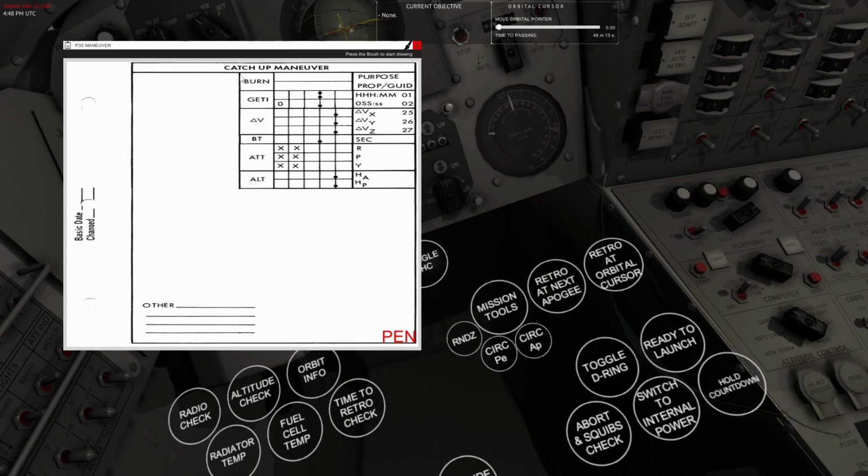And on this pad, we're going to take our orbital information and just write in here what kind of burn it is, you know, a PE, circular burn, and write circularization really is the purpose. And then we're going to write in the estimated time of initiating the burn, hours, minutes, and all that, and the delta V. All that can be written on this pad, which is kind of fun, kind of nice. But all that information we're going to get from the ground, or we're going to plug it in ourselves. We're going to write it up on here first,